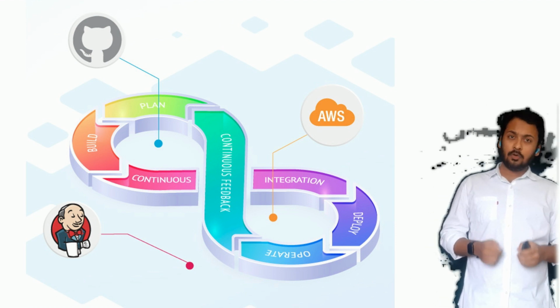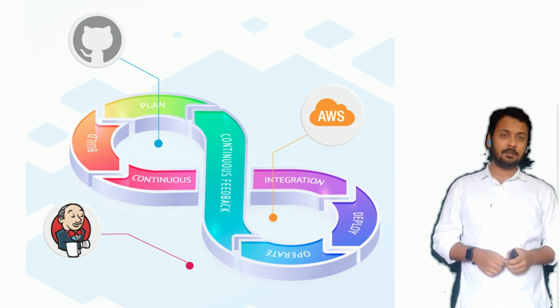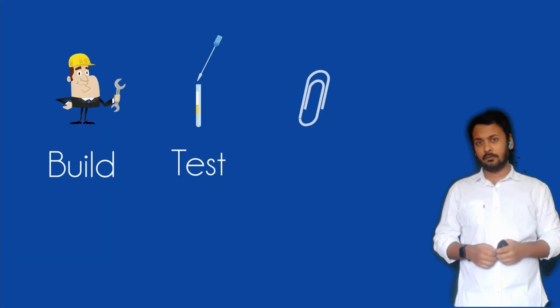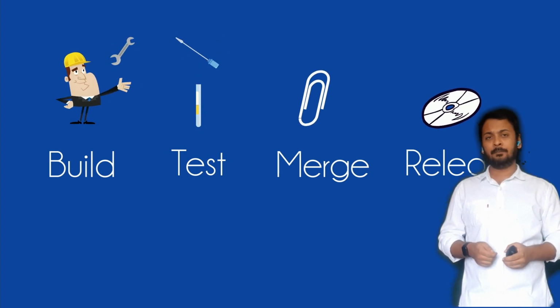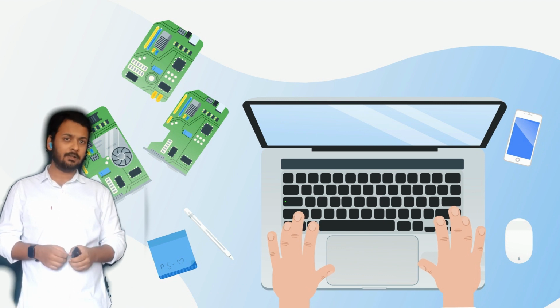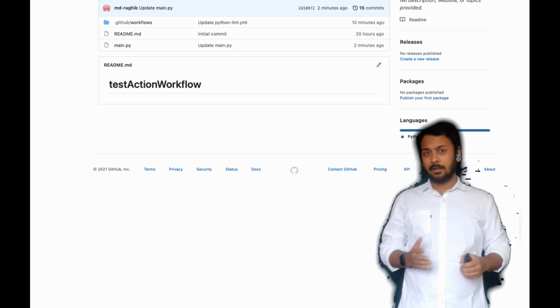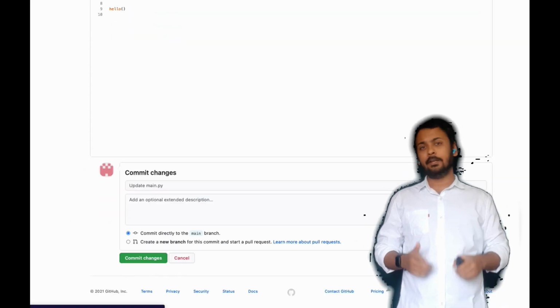For those who don't know what CI/CD is, CI/CD literally translates to continuous integration and continuous deployment or delivery. In layman's terms, it is a workflow which includes build, test, merge, and release of the application onto a repository or to a production environment. This workflow helps the developer to concentrate more on creating a solution rather than being involved in other parts of the software development workflow. GitHub Actions allows you to create a custom software development workflow right in your repository.